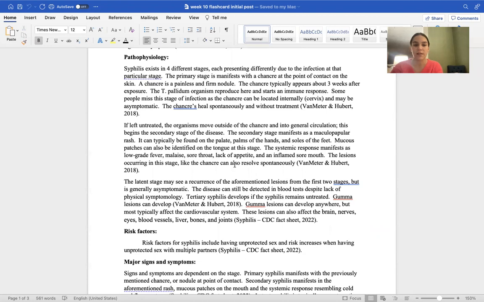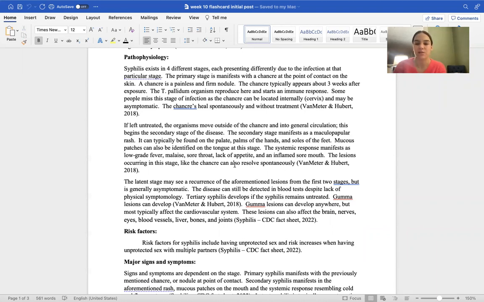Many people miss this stage of infection as the chancre can be located internally, like on the cervix, and may be asymptomatic. Chancres heal spontaneously and without treatment, which is what can then lead to the other stages of syphilis. So if left untreated, the organisms move outside of the chancre and into general circulation, and this begins a secondary stage of the disease, which manifests as a maculopapular rash, and it can typically be found on the palate, palms